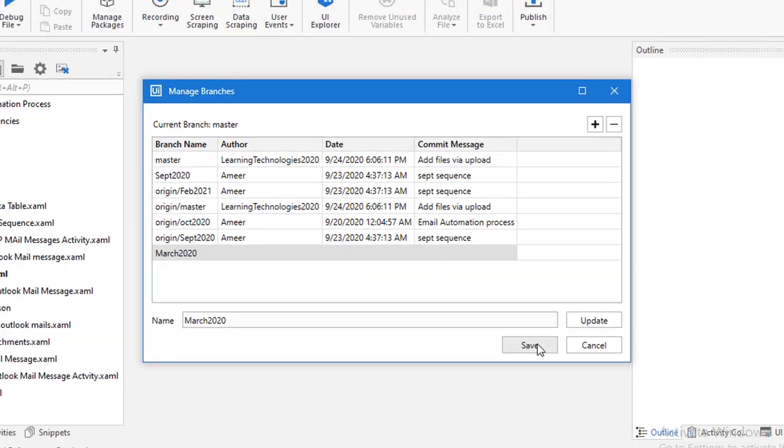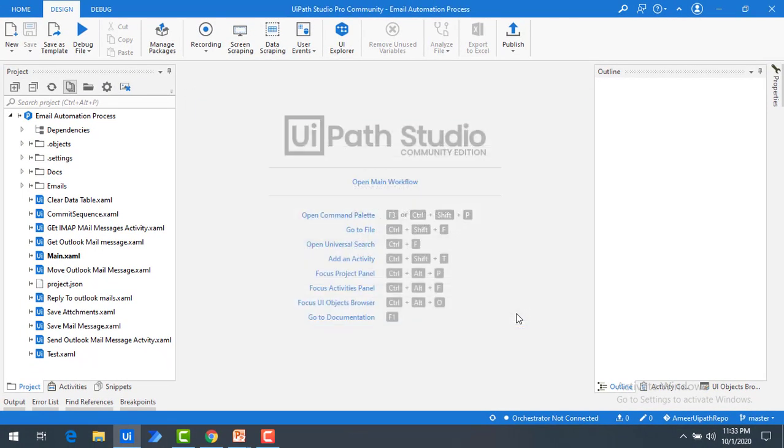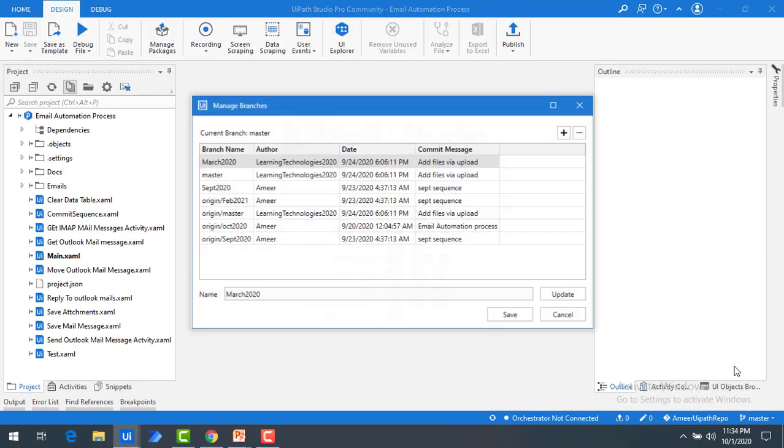Now, let me click on save. Once again, let me go back to manage branches, and you can see over here that the March 2020 branch has been created. You can see the commit message, add files via upload.